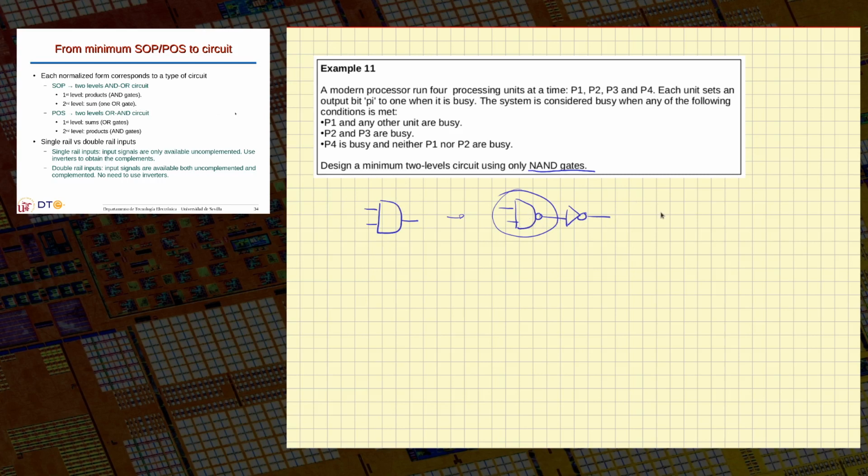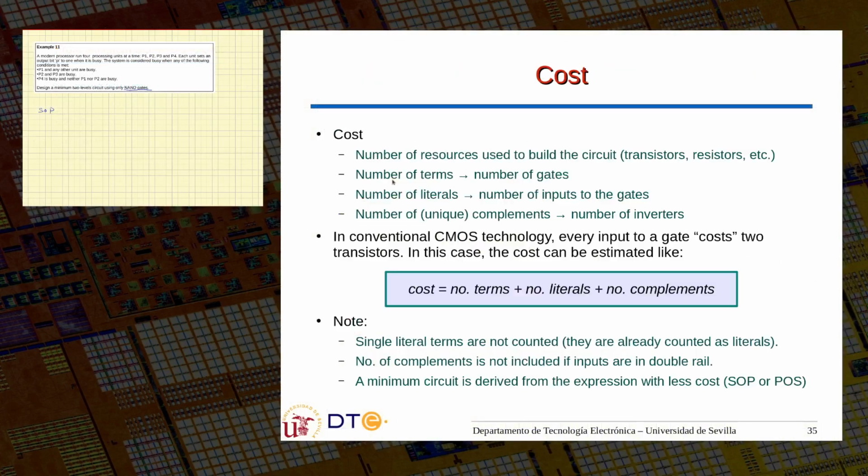The same happens with NOR gates. So in practice, non-complementing basic AND or OR gates are normally not used. We prefer the complemented versions. But the good news is that when we have a sum of products, you already know that